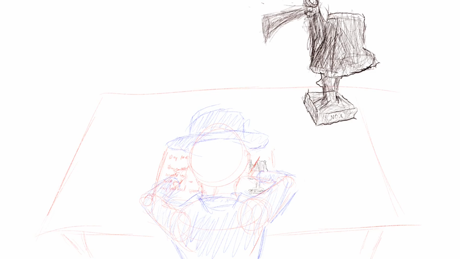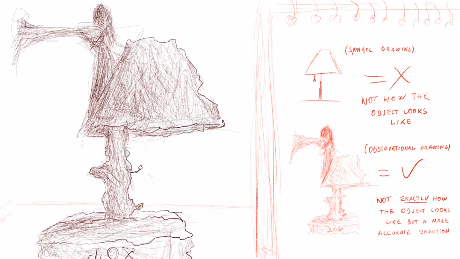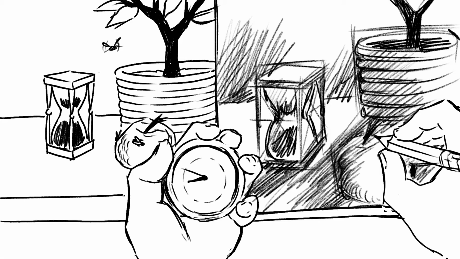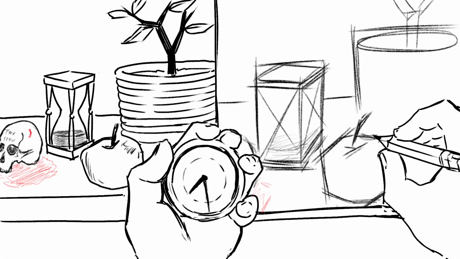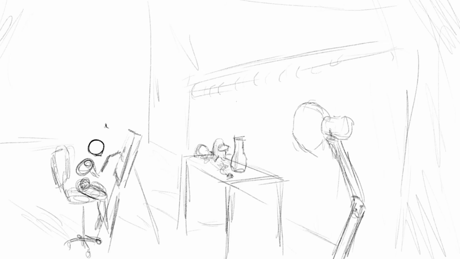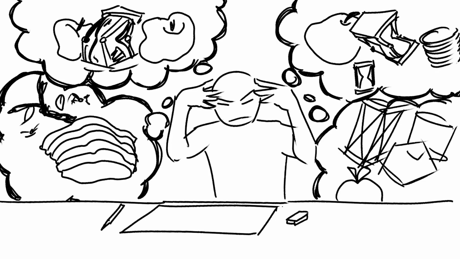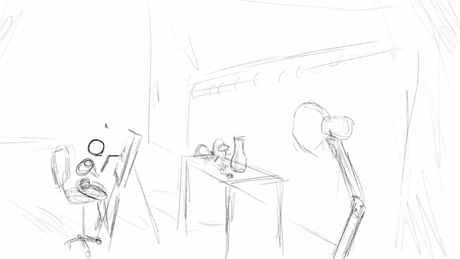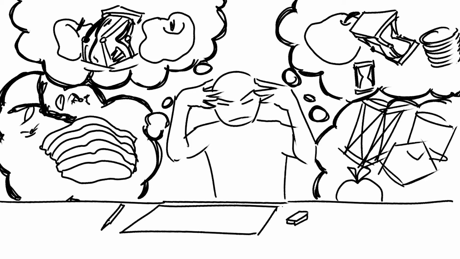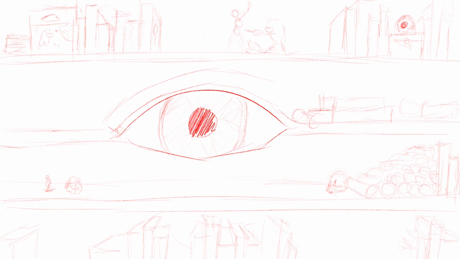Now that you've done your first exercise, you should be relatively good at observational drawing. If not, make another 5 or 10 drawings and come back to this video. Try longer or shorter durations, maybe changing a few things like placement of some objects. Now that you know how to accurately depict what is in front of you, the next step is learning how to depict things that are not in front of you, which is a surprisingly different skill set. Know that observational drawing will improve your imaginative drawing by improving your visual library.